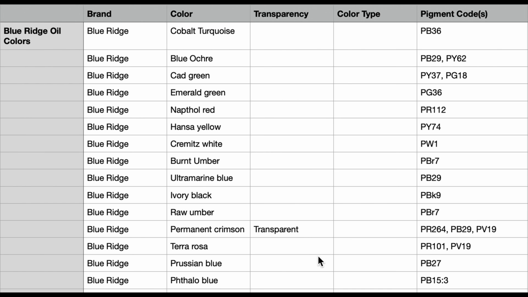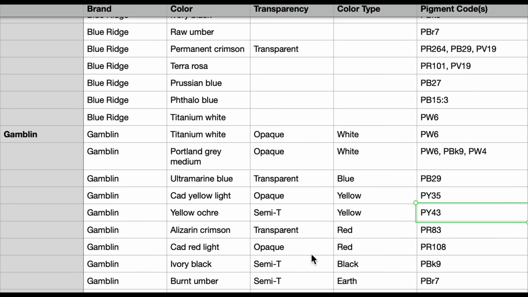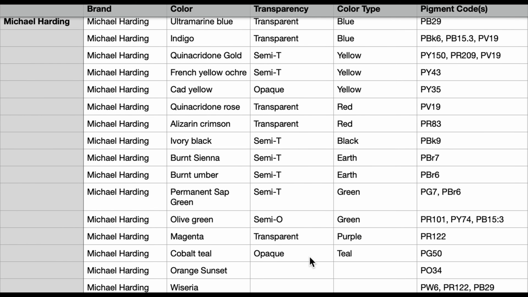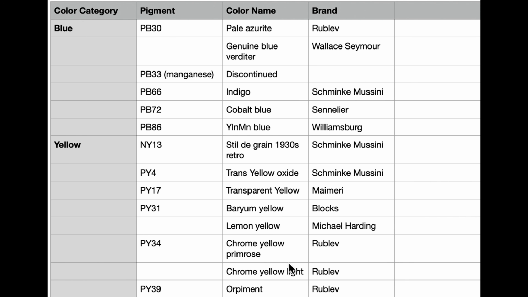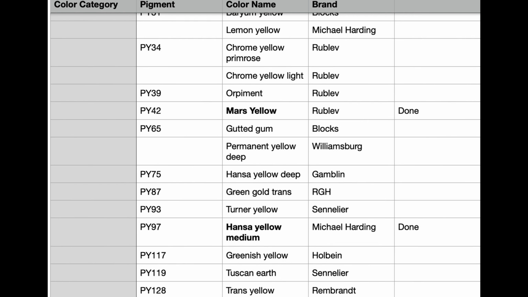So now that I've identified a pigment code and I've looked at it in Paintlist, then I'll compare it to a list that I have of all of the colors that I've acquired since I started painting. And if I have it, that's great. Then I move on to the next one. But if I don't, then I'll scrutinize a little bit more. What are the brands that offer it? Do they have something that's single pigment? If I find one that looks interesting, then I add it to my list and I know that it's a